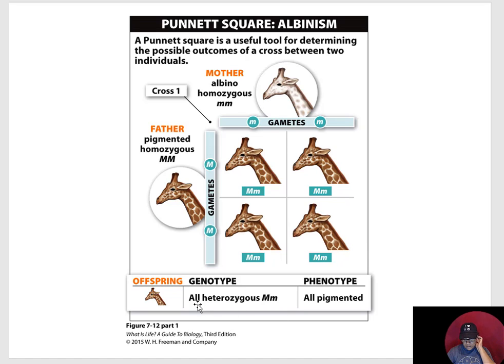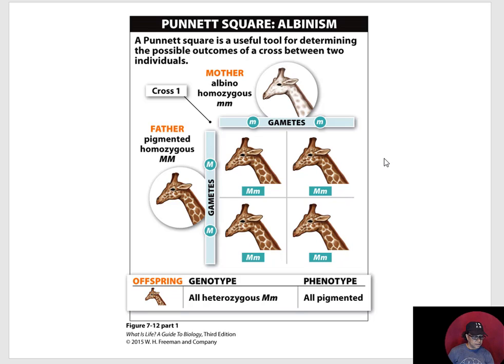And so all the offspring, when we look at them, are going to be heterozygous for the gene M. And all the offspring are going to be pigmented because they all have the dominant gene expressing. Okay? So this is really super important to know because, you know, here in this example we're using giraffes, right? And we're just looking at pigmentation. But what if this were a gene for,